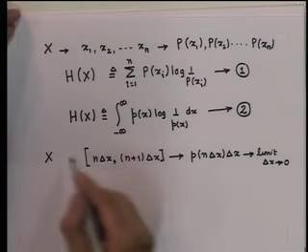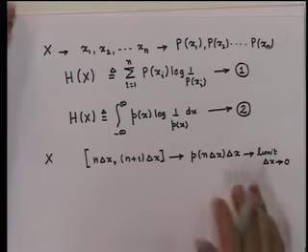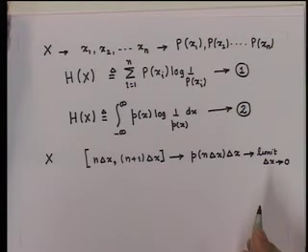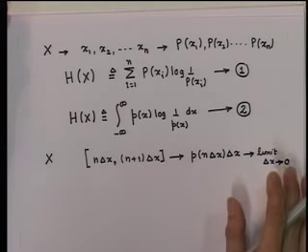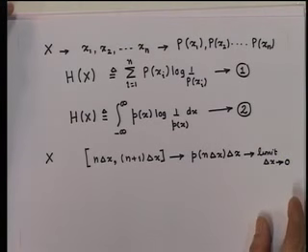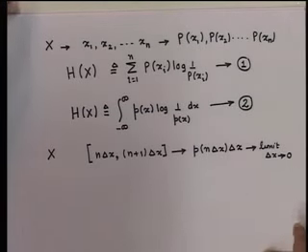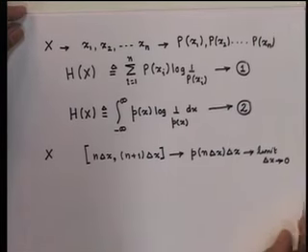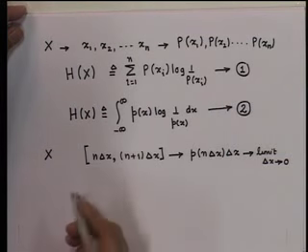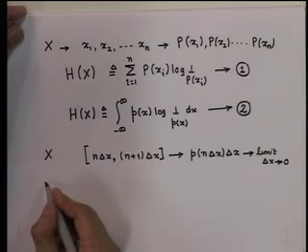Now, the error in the approximation will vanish in the limit as delta x tends to 0. So, using this simplification for a continuous random variable, we can define the entropy for a continuous random variable x as